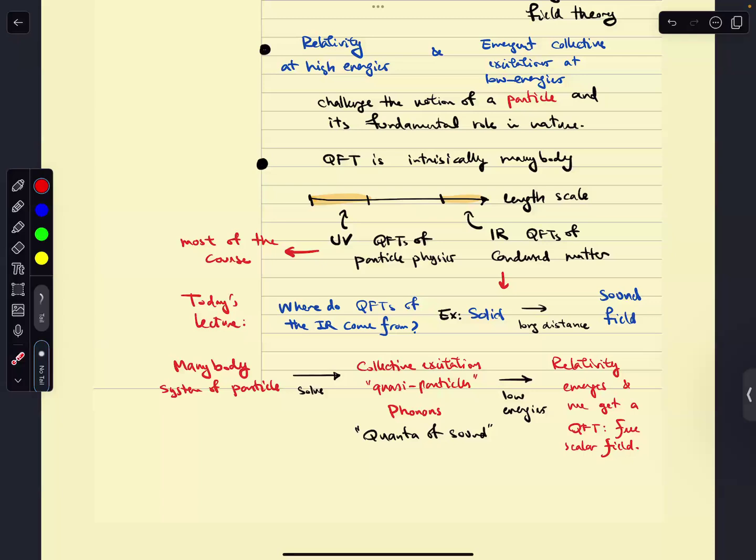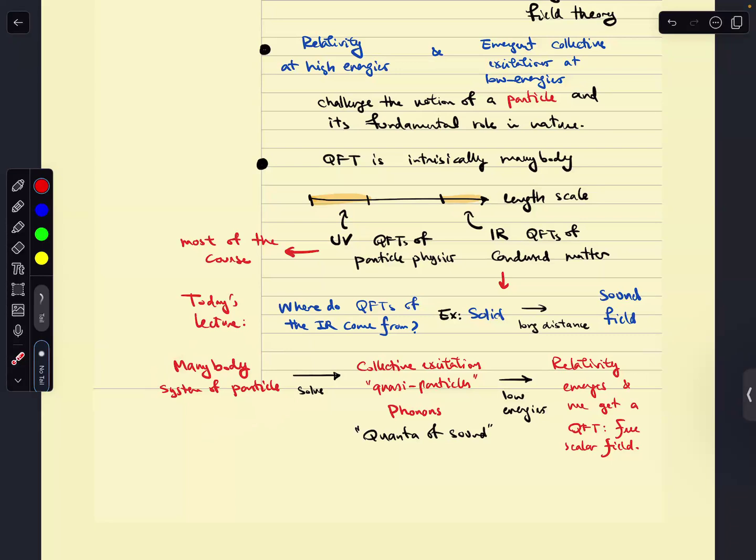So today we're going to be talking about where quantum field theories of the infrared come from, and we're going to work out an example. This is a theory where the ultraviolet degrees of freedom are the sites of a solid. It's a collection of atoms, and at long distances, a field emerges, which is a sound field. We're going to work out this example in detail, in gory detail, and see that